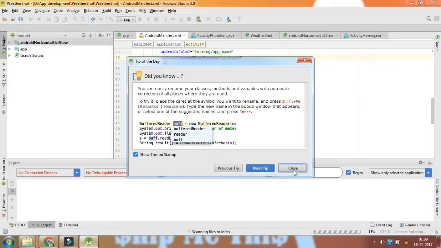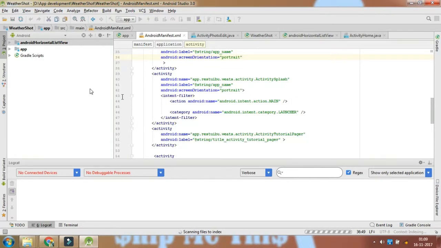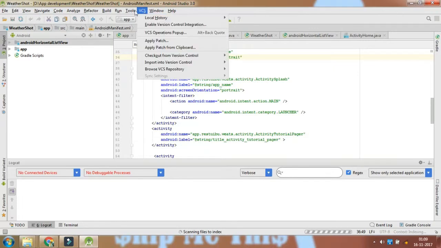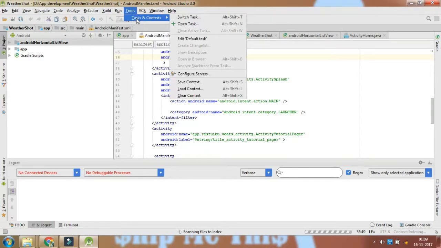Okay, so tip of the day. Yeah, close. Let's go. Okay, how is it? Looks the same. Android Studio 3.0. Okay, tools there, it has been reduced to task and contexts.